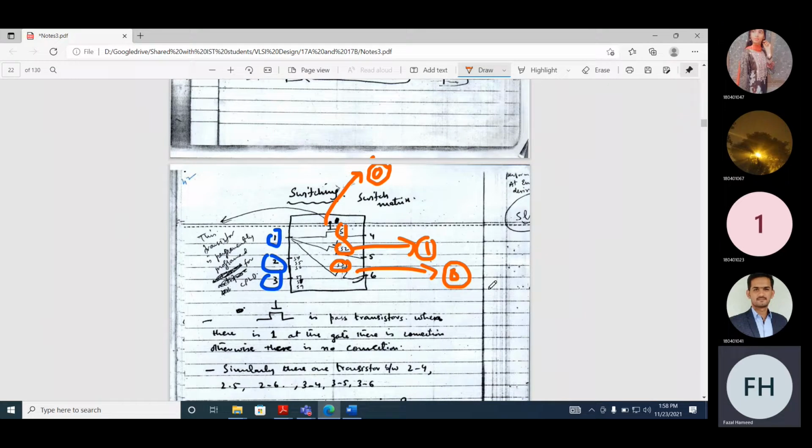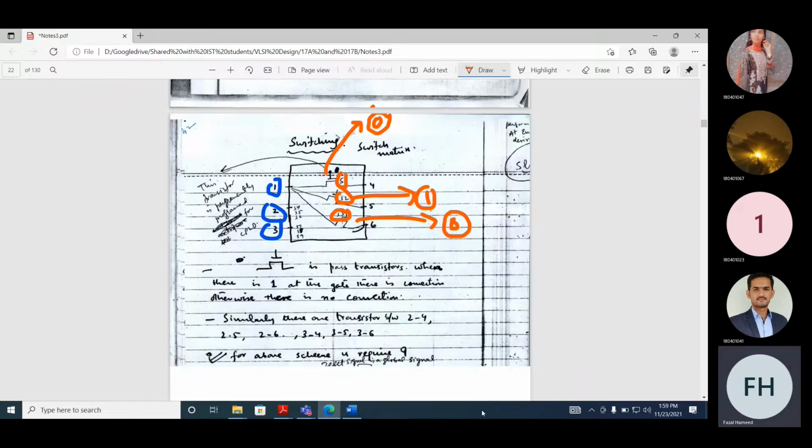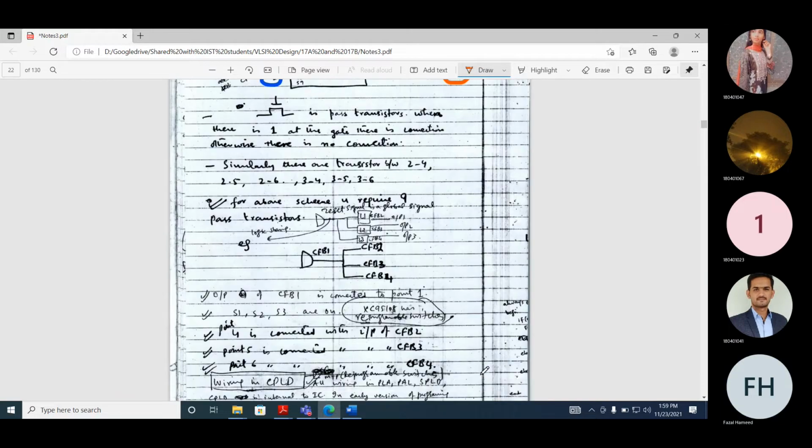And actually, this switch matrix can be used to connect the chip pins to the inputs of what? CFBs. And if you look at the internal architecture of the CFB, what is there? Macro cells. And if you look into macro cells, these are AND gates, OR gates, multiplexer, and flip-flops. Okay, so now this is the whole architecture from a high level view.